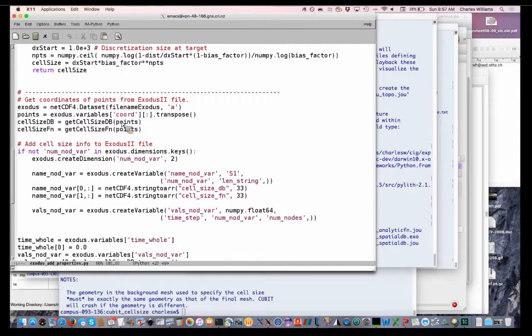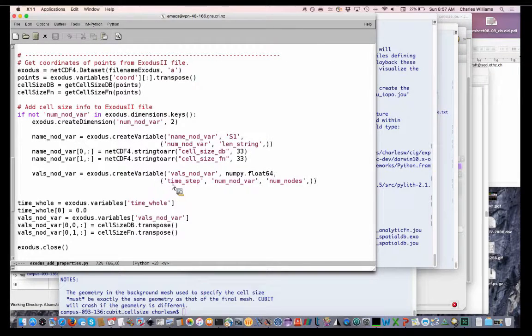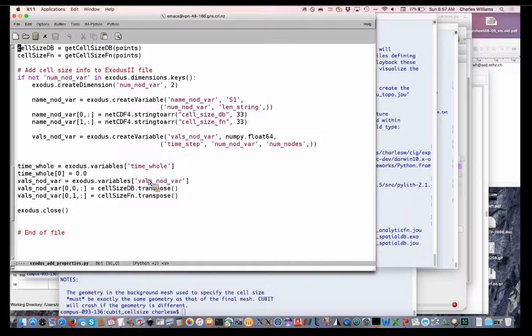We get the coordinates, and then we get our cell size for both the spatial database, that's from the first function we saw, and our cell size from the sizing function. And then this is in case we've already done it before. If we haven't already created these fields within the Exodus file, then we'll create them. And so we do that, and then I'm not going to go into huge detail here, so then we just put these variables into the fields within the Exodus file. So to do that,